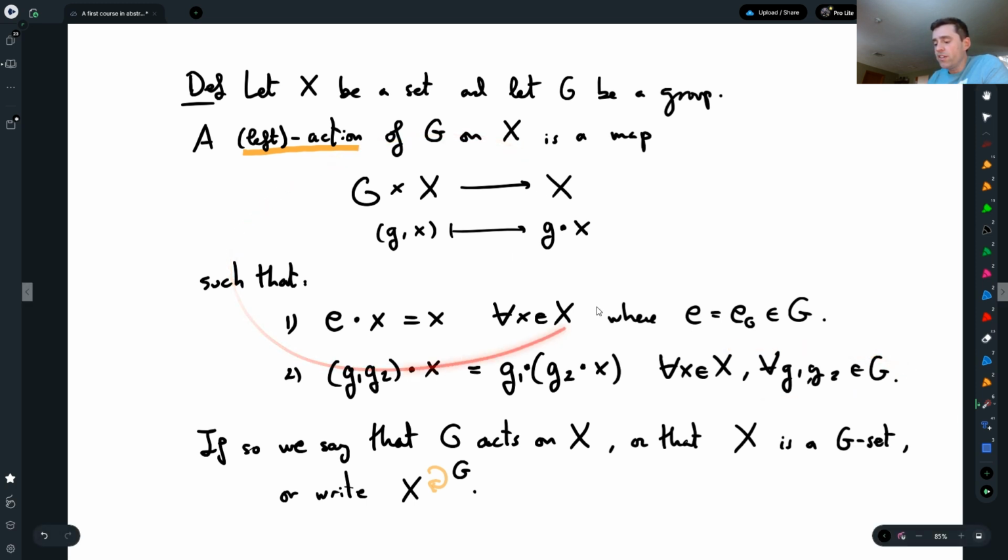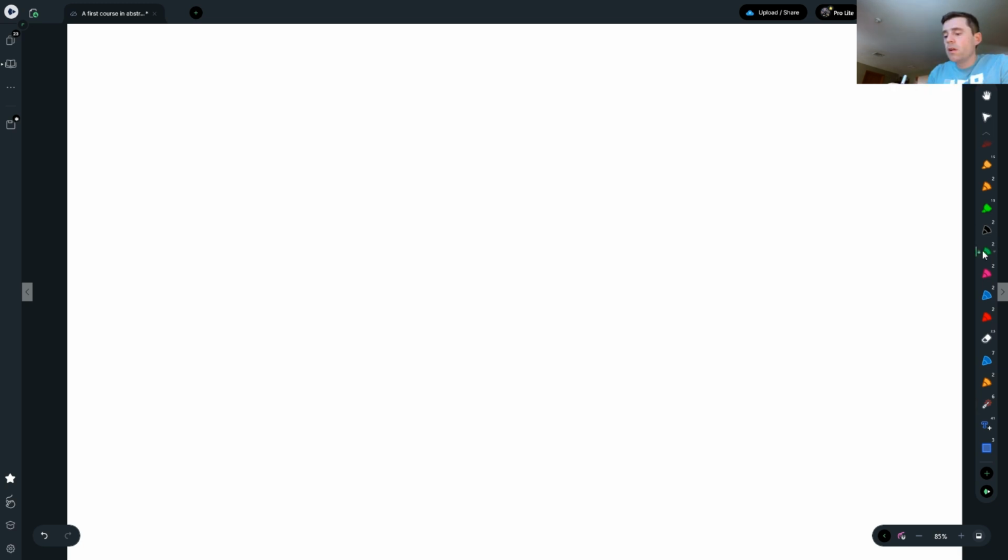If these three things happen, then we say that G acts on X, or that X is a G-set, or sometimes we write this, that X is acted upon by G. Let's see some examples. Let's prove that the action we defined before, the action of matrices